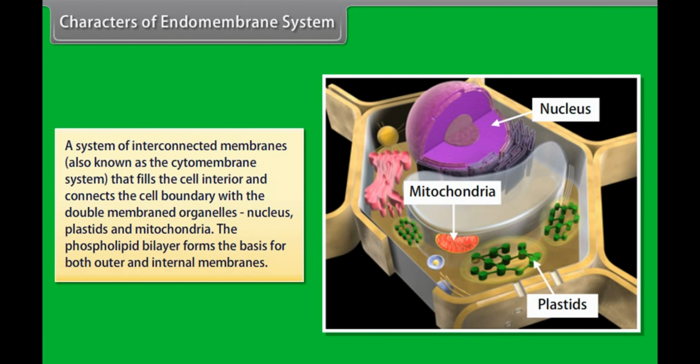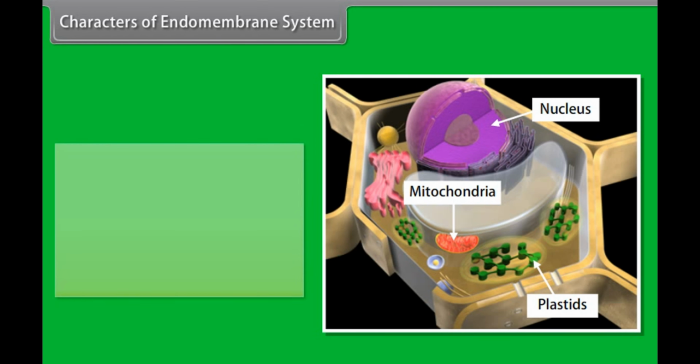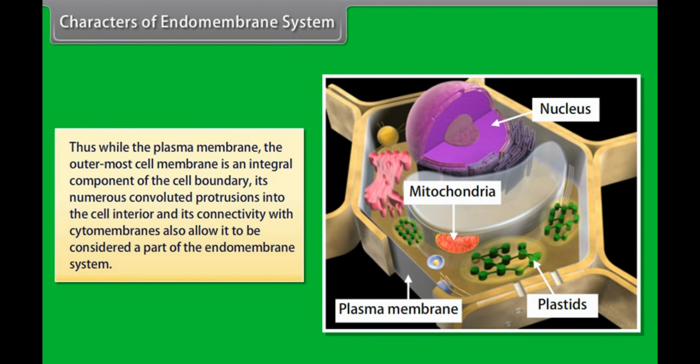Characters of endomembrane system. A system of interconnected membranes, also known as the cytomembrane system, fills the cell interior and connects the cell boundary with the double-membraned organelles, nucleus, plastids, and mitochondria. The phospholipid bilayer forms the basis for both outer and internal membranes. Thus, while the plasma membrane, the outermost cell membrane, is an integral component of the cell boundary, its numerous convoluted protrusions into the cell interior and its connectivity with the cytomembranes also allow it to be considered a part of